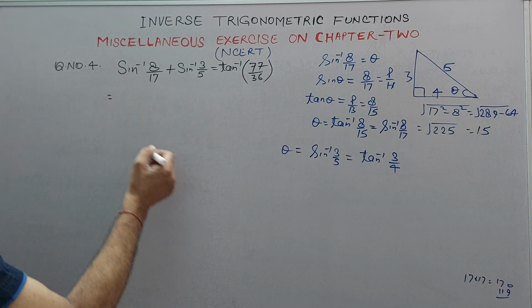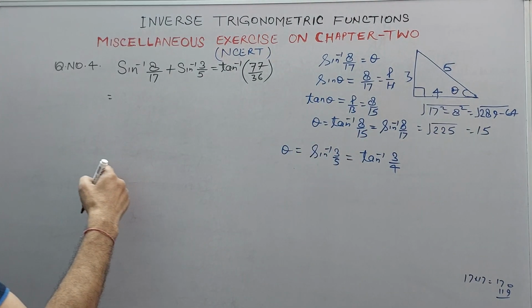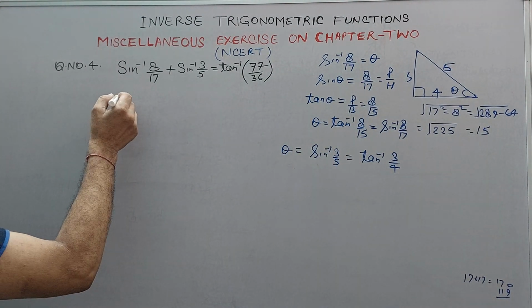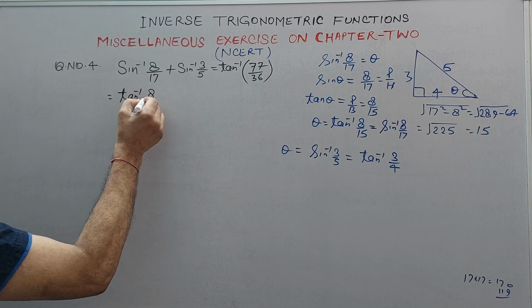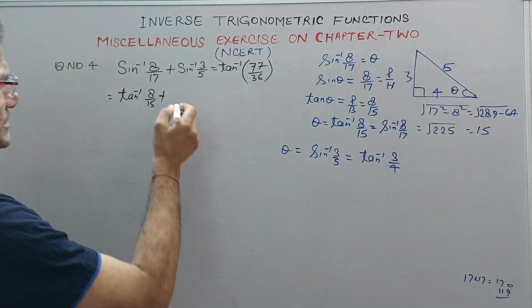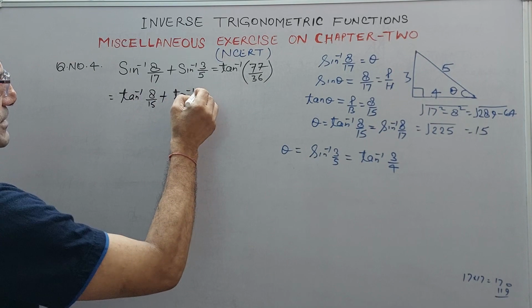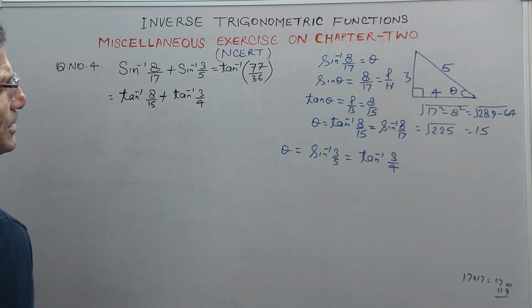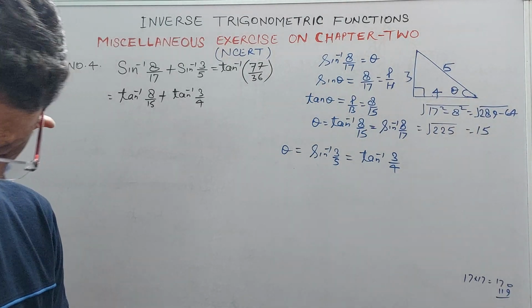So sin inverse 8 upon 17 converts into tan inverse 8 upon 15, tan inverse 8 divided by 15, and sin inverse 3 upon 5 converts into tan inverse 3 by 4. So now here we use this formula, tan inverse x plus tan inverse y,